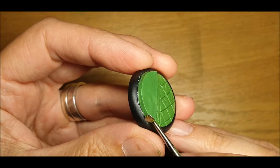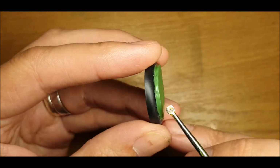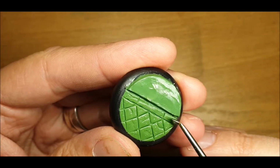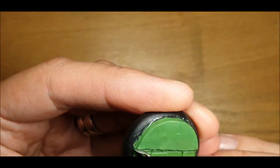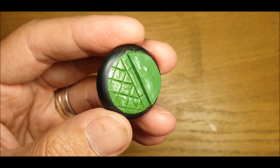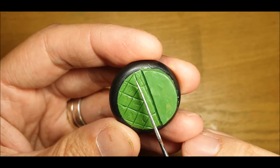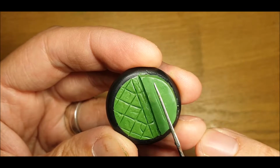We will just sharpen all these up. I'm not too worried about a little bit of variance in the size and shape at all. After all, as I said on previous videos, these are not nice modern clean streets. Obviously you can spend as much time cleaning up as you like. I am quite often a perfectionist, so I have to be a little careful that I don't go overboard on this all the time. Now I want to try and get a similar layer to that on this side,